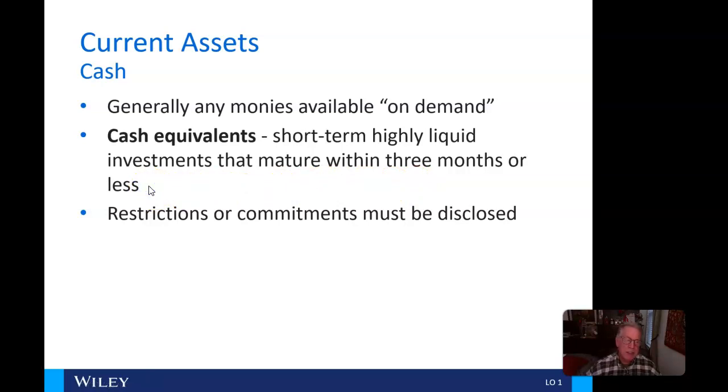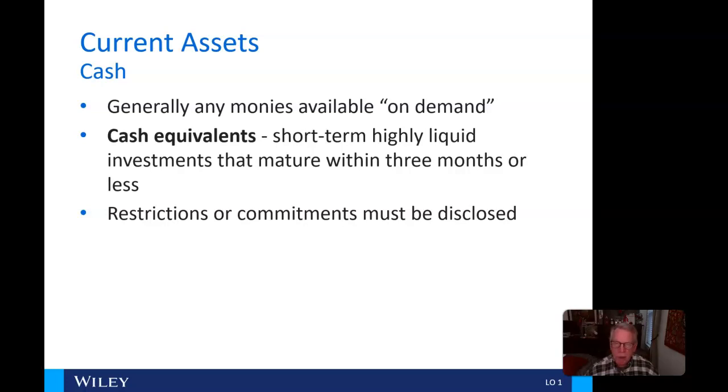When I, as the chief financial officer, feel that I have more cash than I can use in a given month or so, I'll invest those in these highly liquid investments so that I get some interest on it. I, for one, never do it for more than a month, but here the definition is 3 months or less